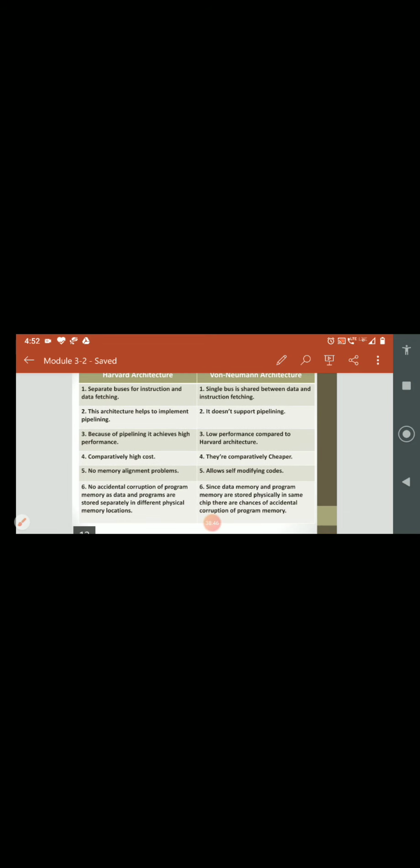So you can see here once again, there is a separate bus for instruction and data fetching in Harvard architecture, whereas there is a shared bus for both data as well as instruction between the CPU and IO and CPU and memory in Von Neumann architecture style.